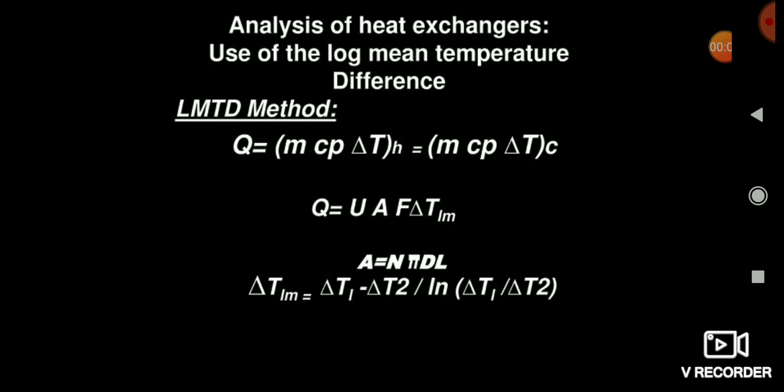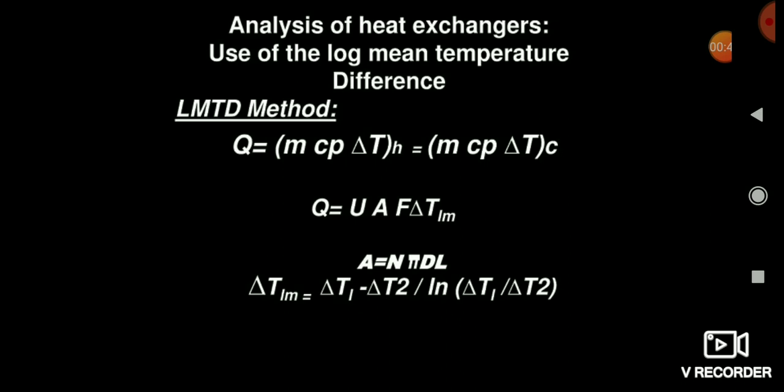Friends, many times questions have been asked on the LMTD method to calculate the amount of heat transfer. I think all of you know the formula, that is m into Cp into delta T for calculating the heat transfer, so you can easily use that concept. In case of LMTD or heat exchanger, the heat loss by the hot fluid is equal to the heat gained by the cold fluid, which is equal to the heat transfer through the exchanger. That is, in the formula, m into Cp into delta T of the hot fluid.